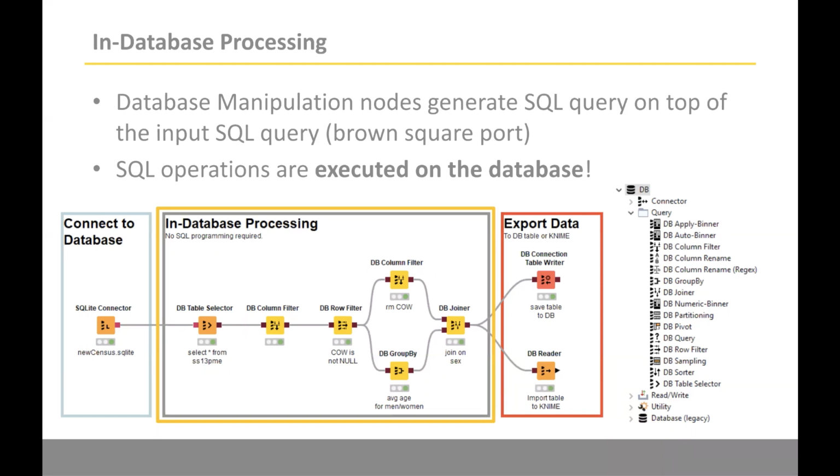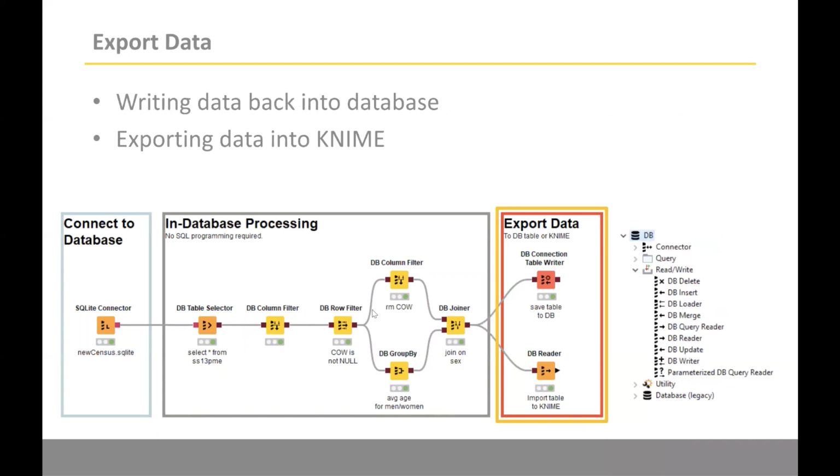The important point here is that all these operations are performed inside the database, and with these data manipulation nodes Knime really just builds a complex SQL statement. It will only effectively run that SQL statement once you start looking at the data, or when you write out the data to someplace else.